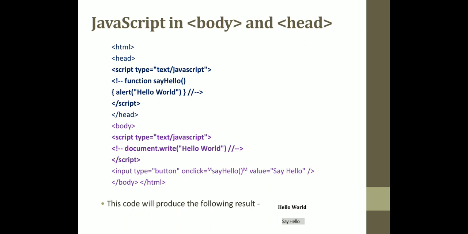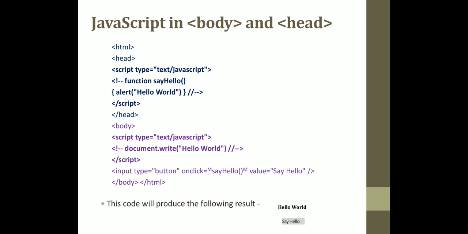After that the script is ended, and the head section is closed there. Again in the body section we have started the script with script type text/javascript and document write hello world. After closing the script we have also added a button, and on click say hello,